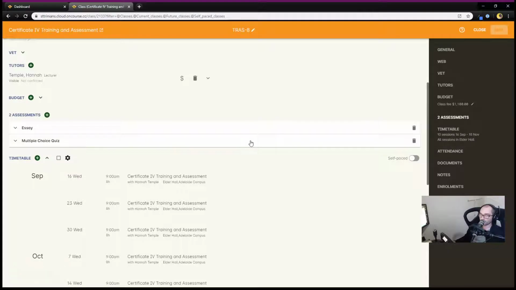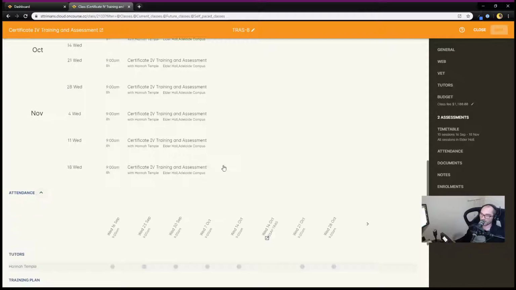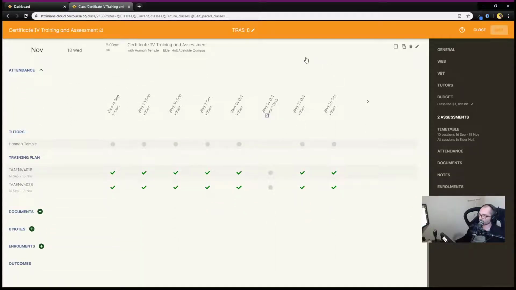So now what we want to do is come down here to the attendance section. We don't have any students enrolled yet, but you can see here we've got the tutor, which is where you mark tutor attendance. We've also got here the training plan. This is where you set up which modules are going to be taught on which dates, and also which modules relate to the assessment tasks. Just a quick explainer of this: each session date is across the top, and these are our